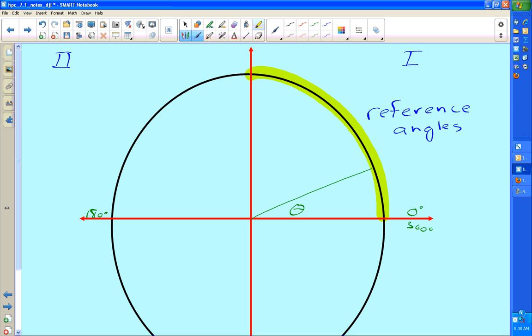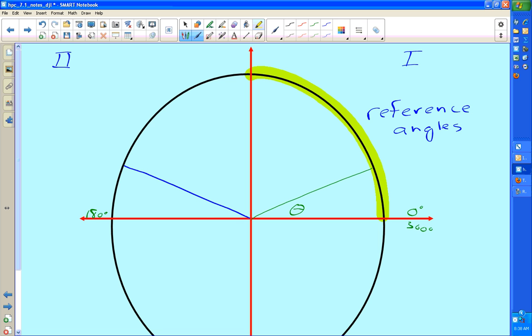The reference angle is important because there are 3 other angles in this first revolution that are related to theta, and they occur in the other 3 quadrants. So we get an angle in quadrant 2 that's related to theta. The measure of this angle in quadrant 2,